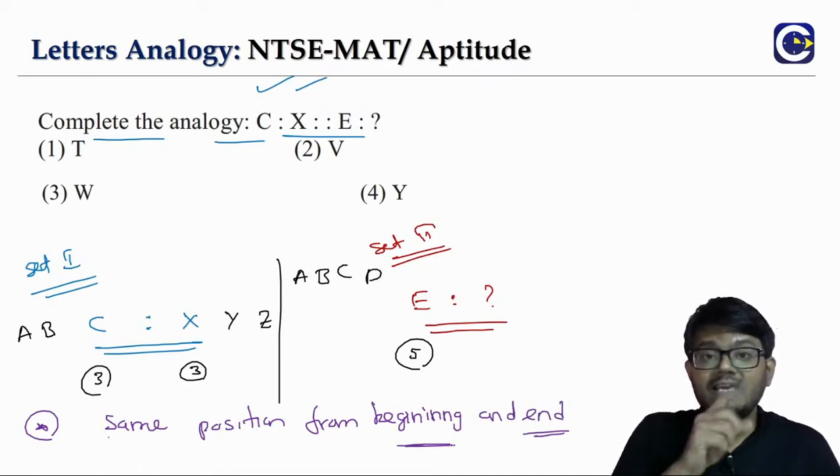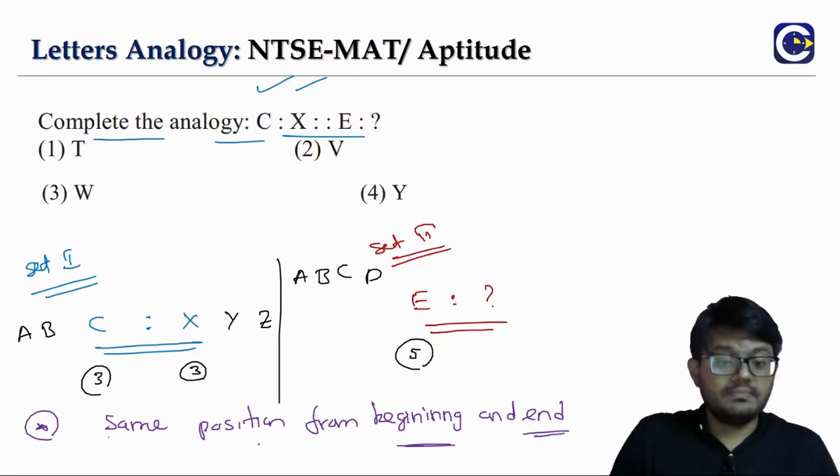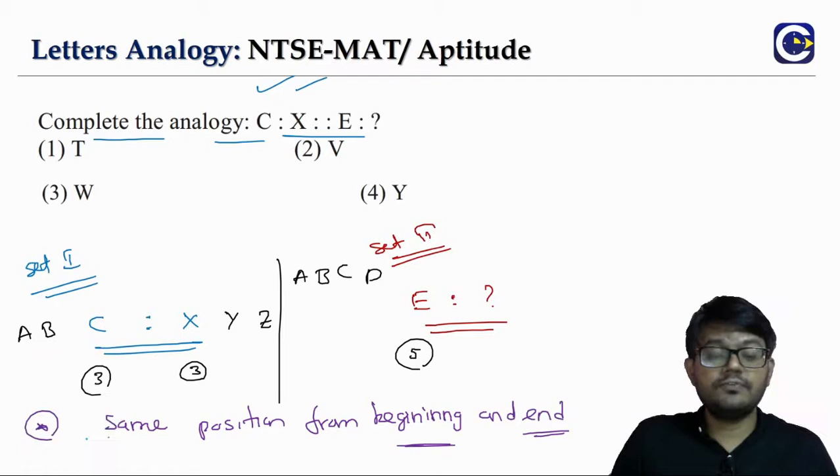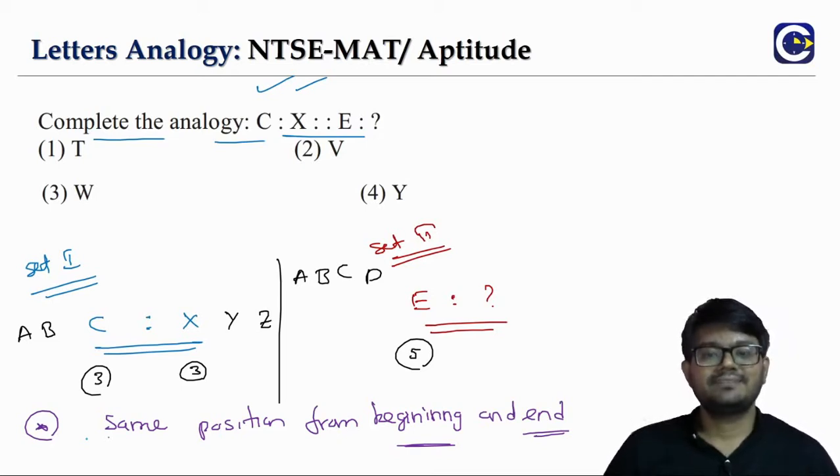Now you see here A, B, C, D, E. I am writing all the things in detail so that it will benefit everyone. Some of you might be comfortable, like the moment you see E, you might be able to say E is the fifth letter. Some of you might not be. So for the benefit of all of us, I am writing them down so that we will be very clear. So we have to choose the fifth from the last.